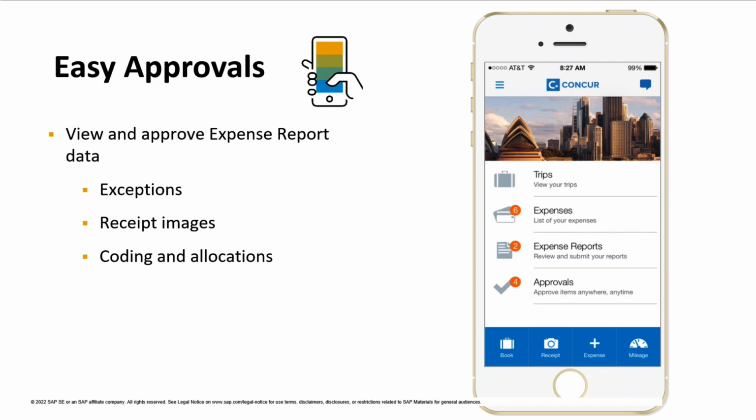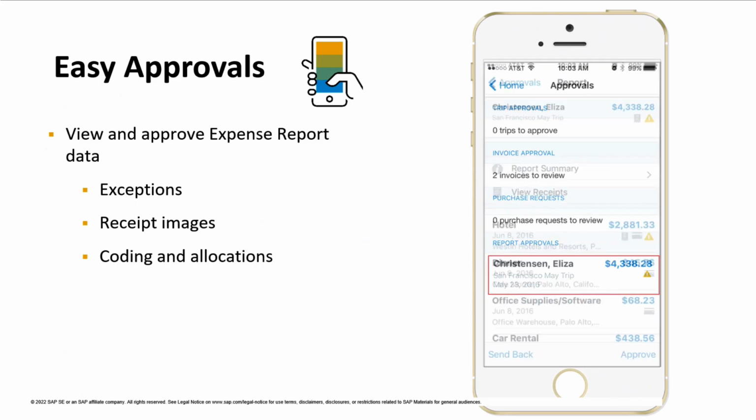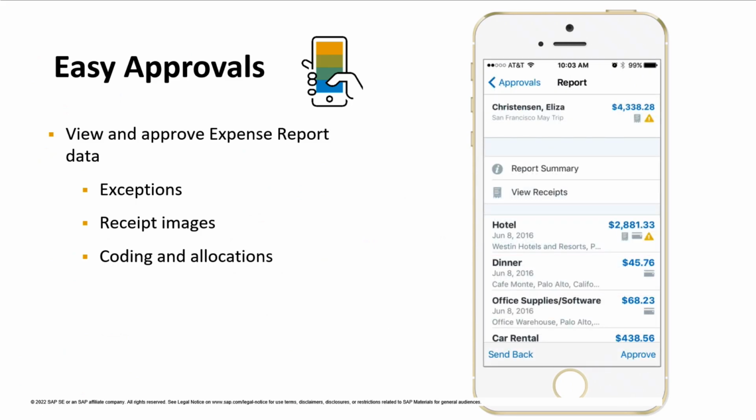When a report is sent for you for approval, you'll get a push notification on your phone to approve that expense report. And what managers will see, they will see the same level of detail on that expense report as that end user does. So you're going to be able to see any issues with those out of policy alerts, controls, and then more importantly, those receipts that are tied directly to those expenses